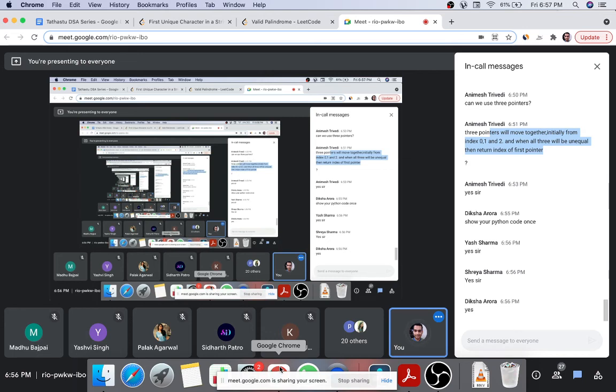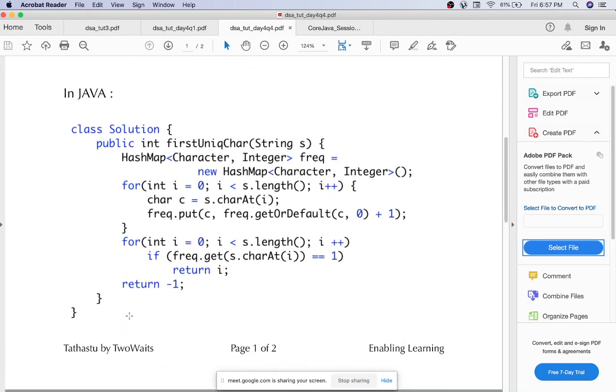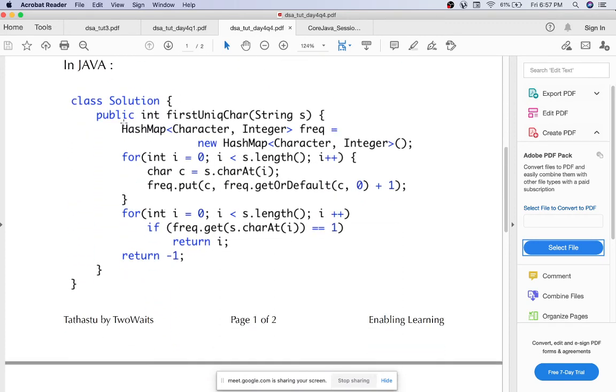Good. So it's a very simple logic. I evaluated many solutions and I thought this is the most optimized. You can also do some other if you want. Similarly in Java, you have taken a hash map of character and integer as a frequency one. You iterated the whole loop for the string. You check each character and put that value at the specific position.